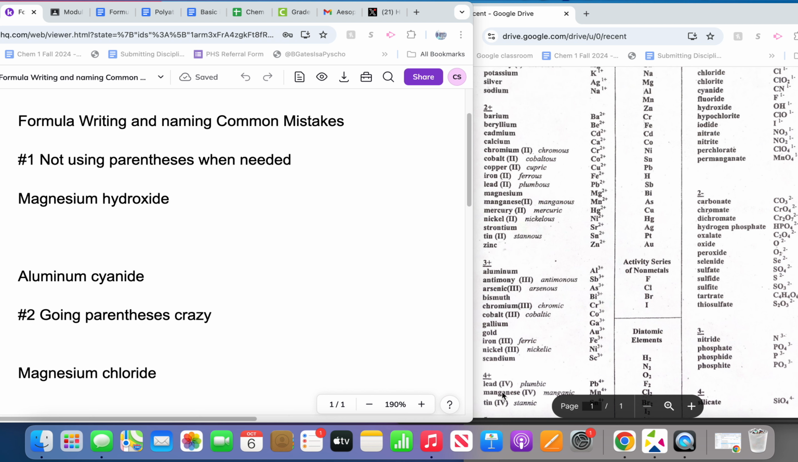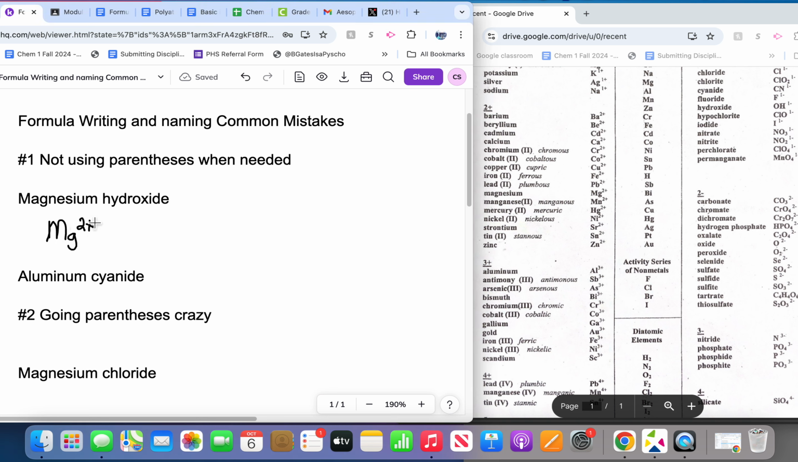Here are some common mistakes that happen when people write formulas. This is probably the number one mistake that we see: when you need parentheses but you don't put them on there. So if you were to write a formula for magnesium hydroxide, you would go Mg 2